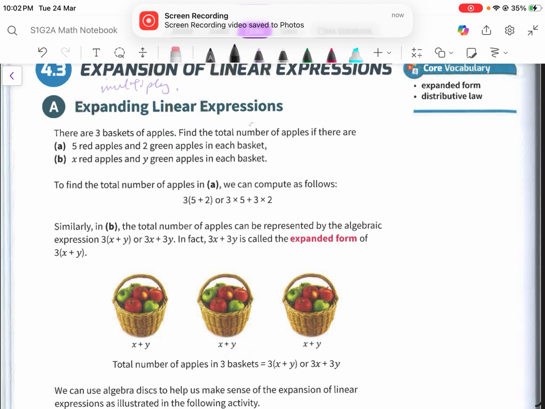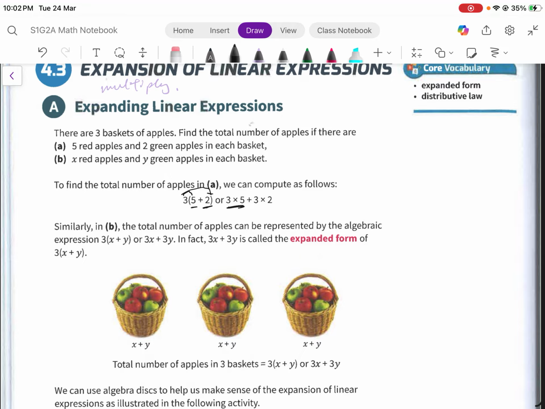Find the total number of apples. There are 5 red apples, 2 green apples in each basket. So if there are 5 red apples and 2 green apples, we want to find the total number. Okay. So what they are showing you here is because there are 3 baskets of 5 plus 2, right? So when you multiply, you actually can take 3 multiplied by 5, and then we can take 3 multiplied by